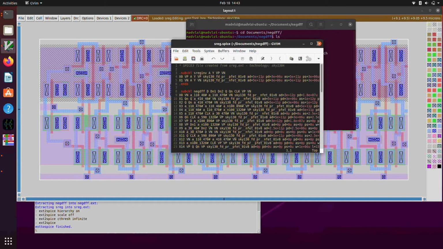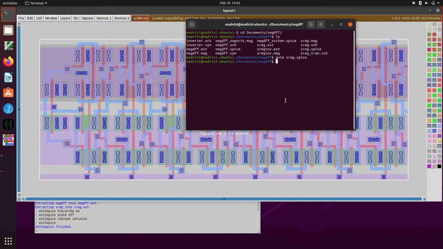So the next thing to do, if we want to do LVS on the whole shift register, is to create a schematic in Xschem that would correspond to our Magic cell. This will not have any test harness stuff in it: no VDD voltage source, no input voltage sources, no clock voltage source, no transient simulation, and no model library. And so the first thing to do would be to use Xschem to create a symbol corresponding to our negative D flip-flop